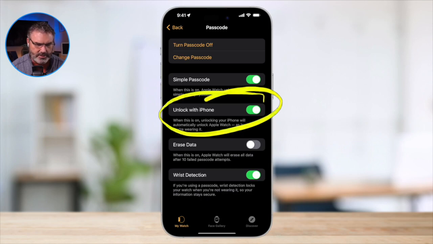But like I said, I'm curious, you should not be having to type in that code unless you take it off your wrist. I have to type in that code once a day when I take it off my wrist to charge it. That's the only time.